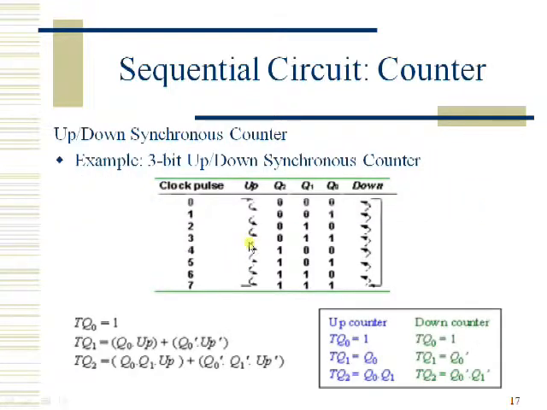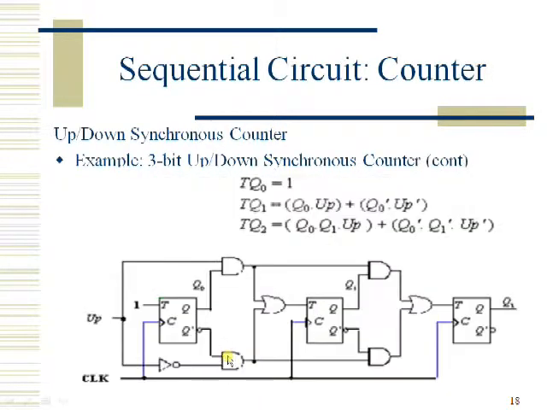Here you can see the functional table. Same again, you have to write the present as well as the next states, and then you will get these Boolean expressions, where you can see UP, which gives the up count, and UP bar, which gives you the down count. Now this is the expression, and that is implemented with the help of logic gates as well as flip-flops.